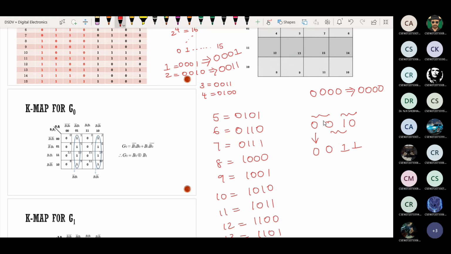Similarly, you do it for 3, 4, and so on till 15. And tell me the gray codes fast. Tell me the gray code for 3. For 0011, 0 should be preserved as it is. If inputs are same, output will be 0. If inputs are different, output will be 1. Okay, 0010, correct.